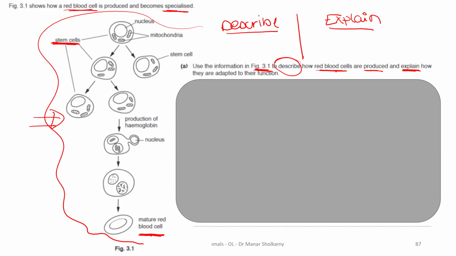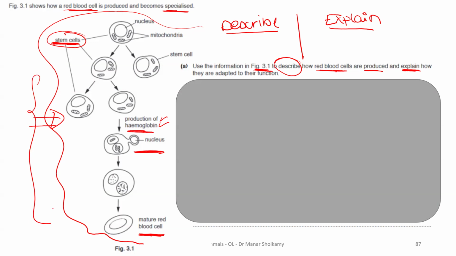We have stem cells, and stem cells go through specialization. What is happening in the specialization? They start producing hemoglobin. Hemoglobin is produced. And what is removed? The nucleus. Yes, very good. If you notice, we start with stem cells. Any cell in the body starts with a stem cell anyway. And this stem cell will go through a process of specialization, just like Selma said.